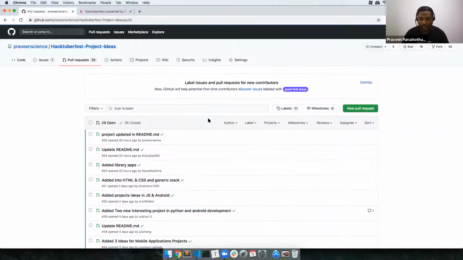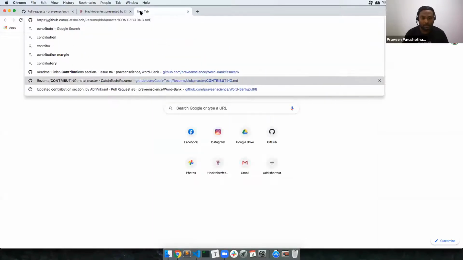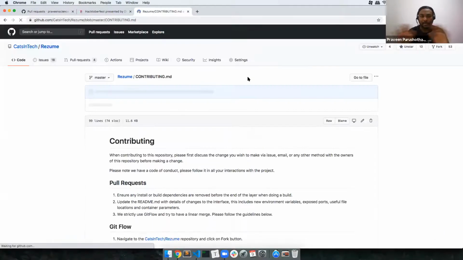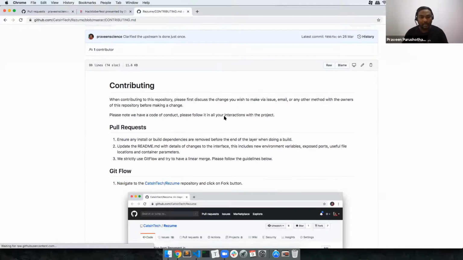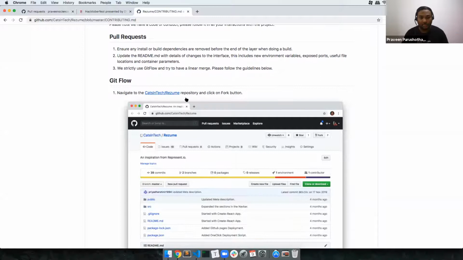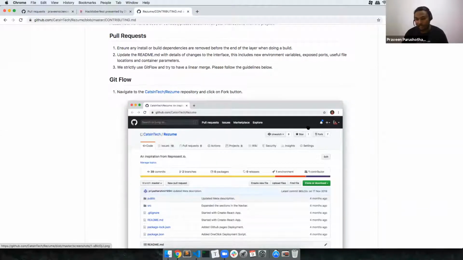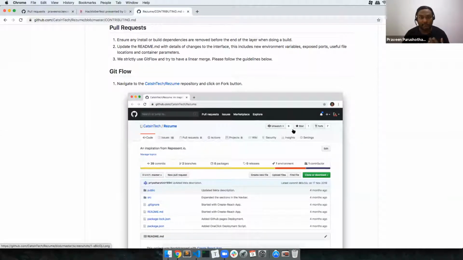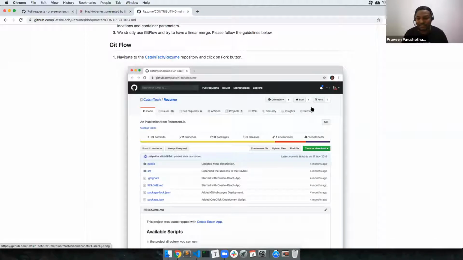And maybe for Pratyush, who is Pratyush? How to contribute? I wrote a big article here on how you can contribute to the repository. First thing, go to that particular repository, click on fork, and it would be nice if you could click on the star button. So make sure you star the repository, and make sure you also follow my YouTube and stuff. Okay, enough of my personal stuff.